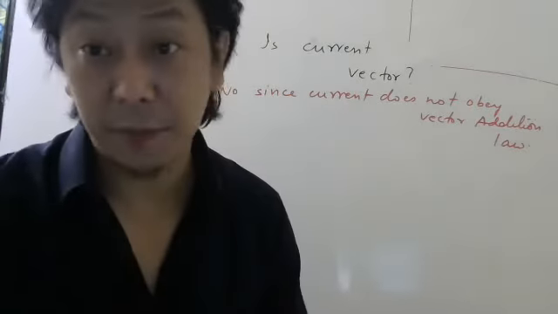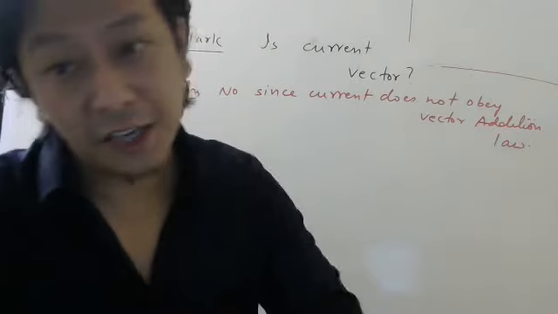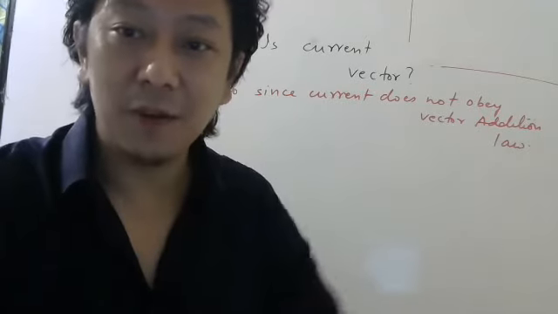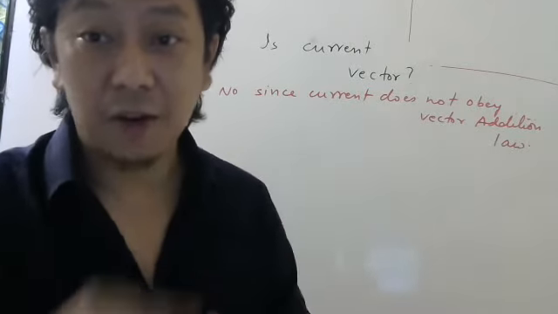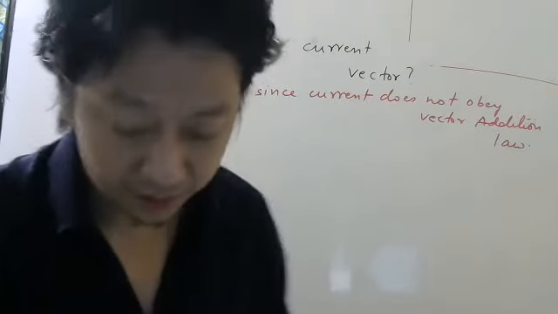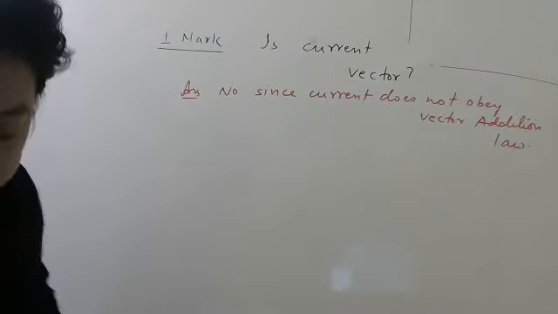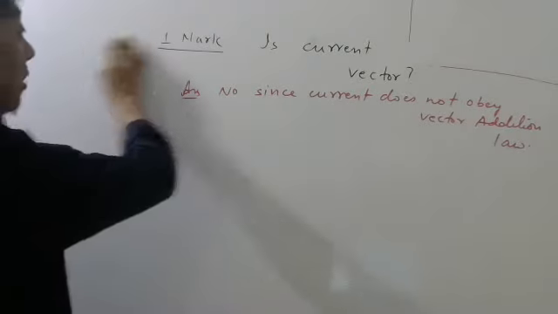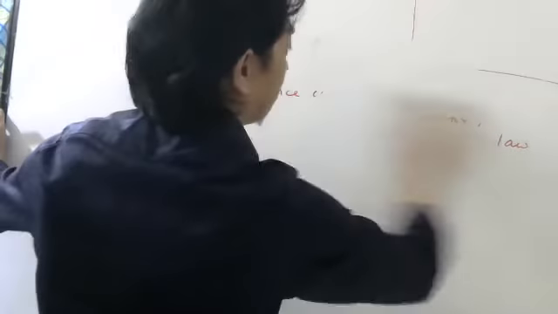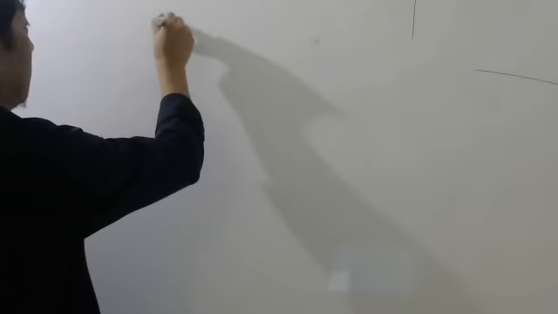Charges also add algebraically, right? There can be positive charge, there can be negative charge. So current can also be positive or negative, but that doesn't mean you have to add them according to the root over formula. Okay. So now, if you have done this, we will come to one very important concept, and the concept is of resistance.